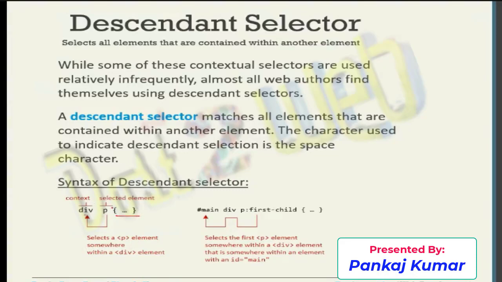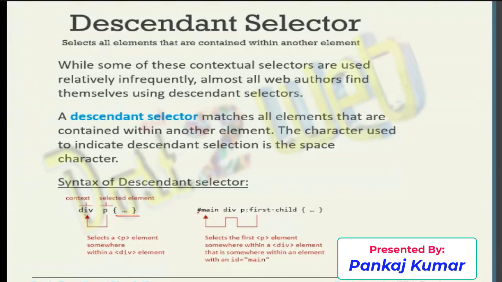This is the syntax for the descendant selector. So inside the division tag, you have a paragraph tag, and whatever paragraph is defined inside the division tag, all the CSS rules will apply to it. That's why it is called a descendant.